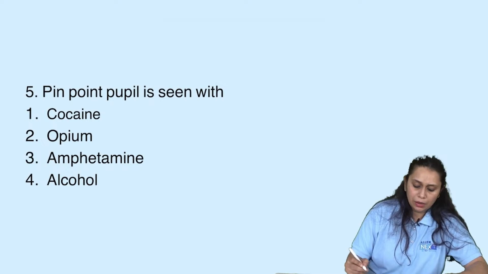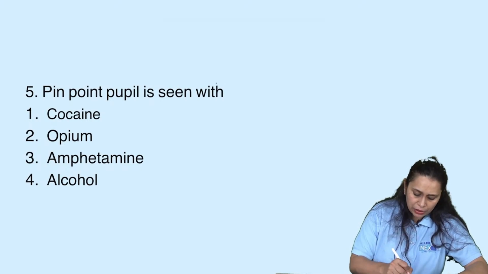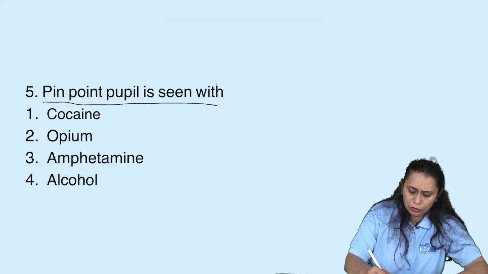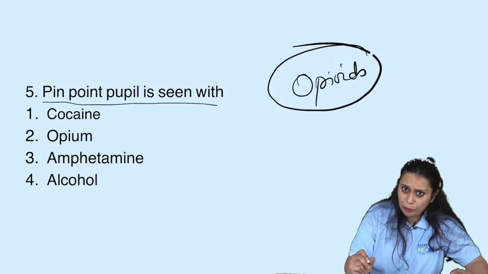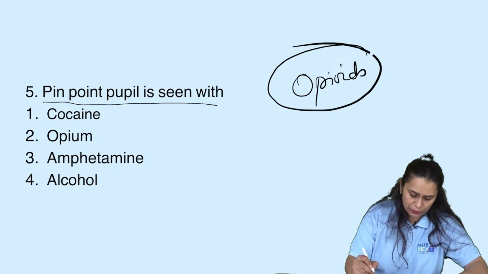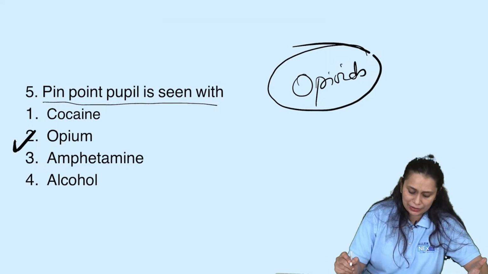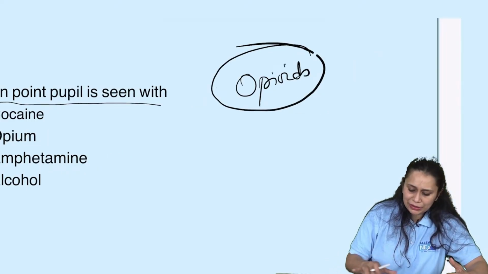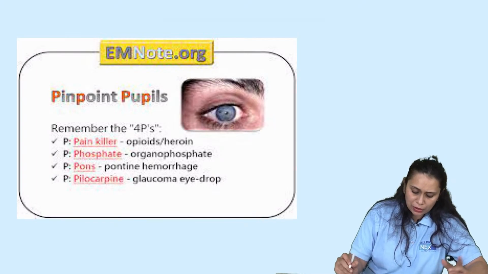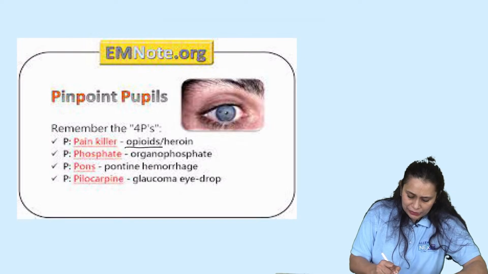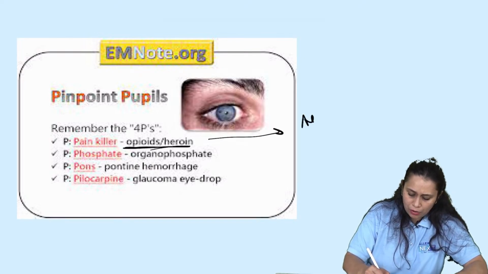Okay, next question. A very simple question, direct question. Pinpoint pupil is seen with, well, so many times I have told you, opioids. Opioids, all the opioids except one produces pinpoint pupil. So opium would be the answer. Direct question, opium would be the answer, right? So let us see the causes of pinpoint pupil. So remember 4 P's of pinpoint pupil. Opioids produce pinpoint pupil. So all opioids